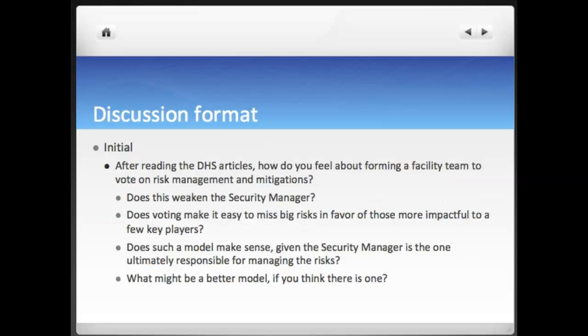So what you're going to read about in the DHS documents is a facility security committee model, and essentially it is ESRM in a form where the different functions, and they set the functions, right? Who's coming to this committee table, and there is an open discussion about the true risks to a facility that DHS has. Now, DHS has facilities all over the world, and the risks are different all over the world. The risk in their office in Grand Rapids, Michigan is totally different than their risk in Detroit, mainly because of the protest activities that are happening now.